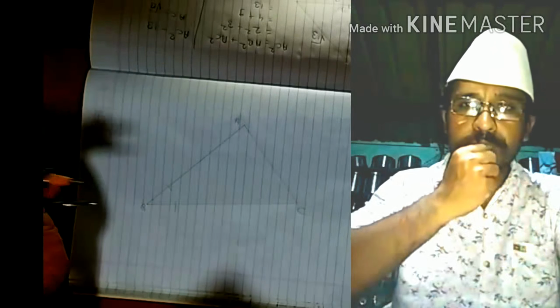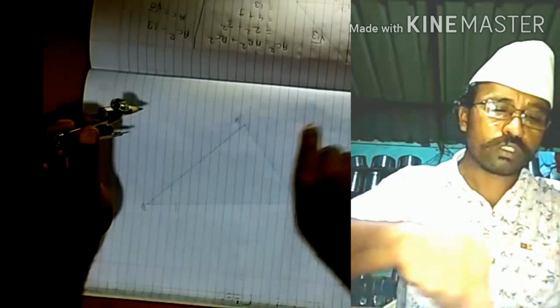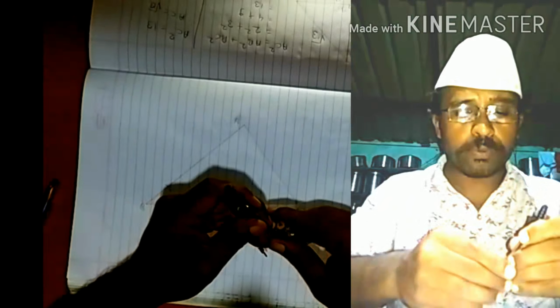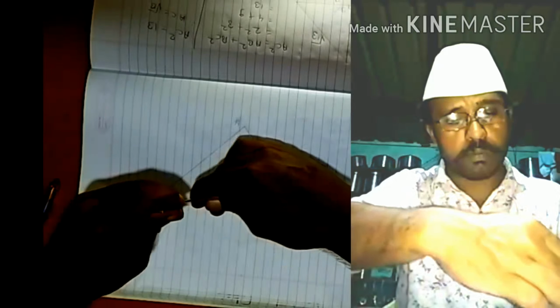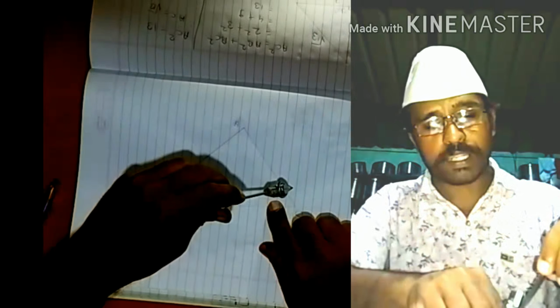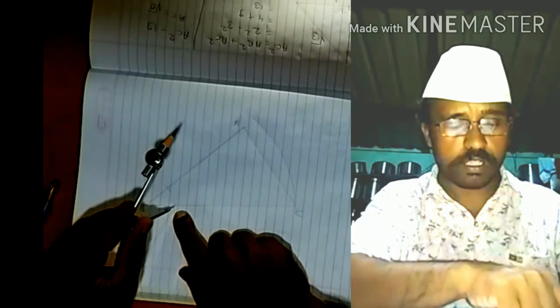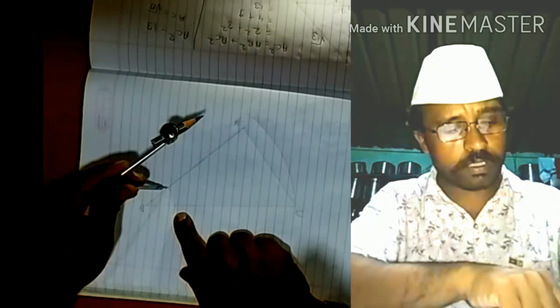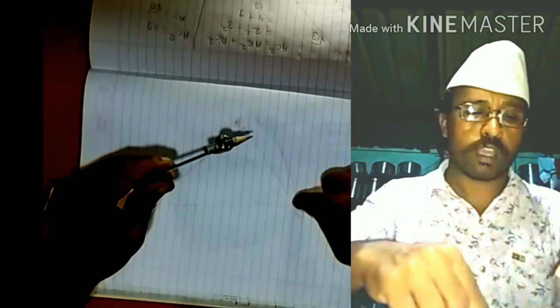So here I have plotted two arcs. Now what do I have to do? Next, either we can keep the same distance or we can increase it. Our motive is just to draw one angle bisector. I am going to increase it such that their intersection point should be much farther out of this triangle. You will understand why I am taking such a big distance. I plotted one arc from this intersection point. Now I have to plot one arc from this intersection point. These two arcs I have plotted, and this is their intersection point.